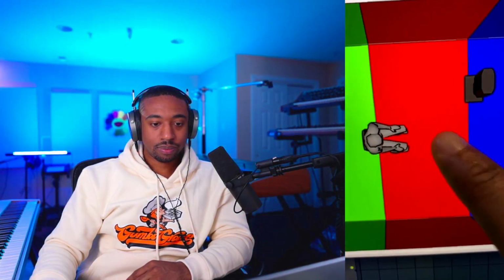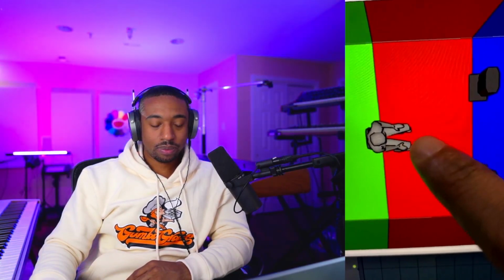So the shortcut is think of sounds like objects in a room. You could pan them to the right or to the left to move them out of the way. The lower the volume, the further back in the room they are. The higher the volume or perceived loudness, the closer they are to you.